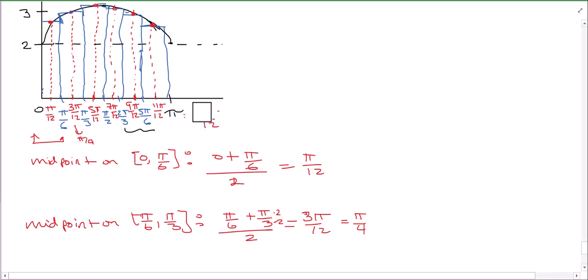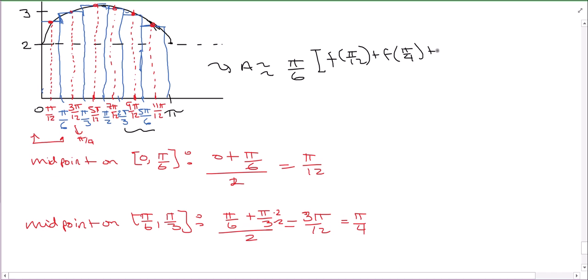So let me then get rid of that one, because that one is red, but I don't want to confuse you. So then our area is going to be approximately our delta x, which is still pi over 6, times, now we're going to do f of, we're using the midpoints. So our first midpoint is pi over 12. So f of pi over 12 plus then f of 3 pi over 12, which is pi over 4, plus